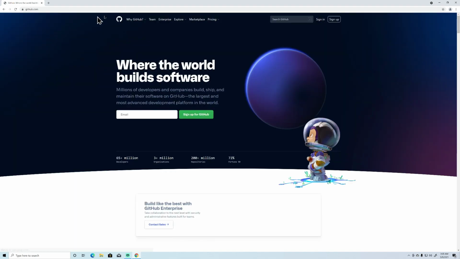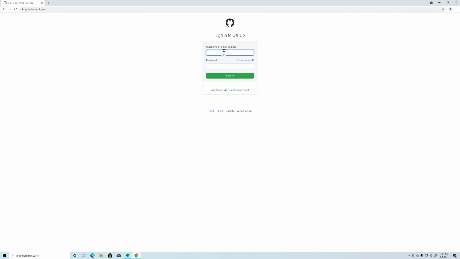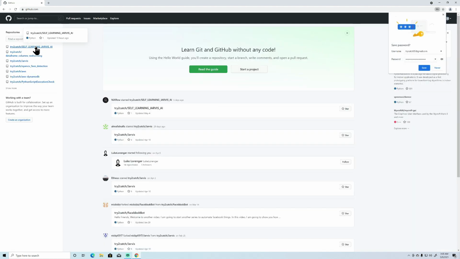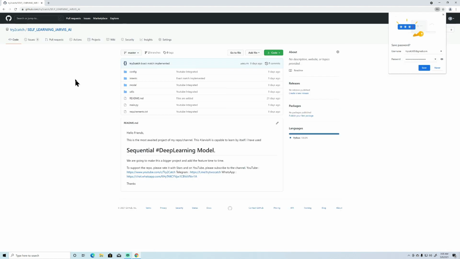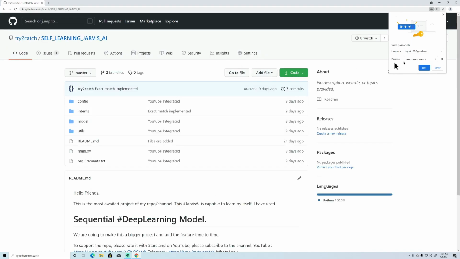So go to GitHub, and I need to sign in. I'll enter the email and the password, and yes, this is the repository you can see here, right?